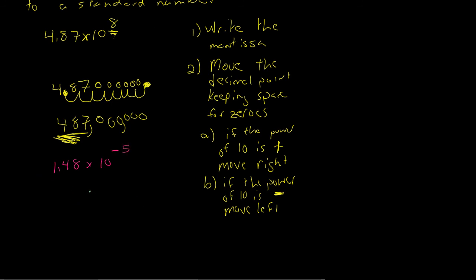I write the mantissa down again, 1.48, and I move the decimal place, keeping space for the zeros. If the power of 10 is negative, move left. Well, this is a -5. So I'm going to go 1, 2, 3, 4, 5. And I get